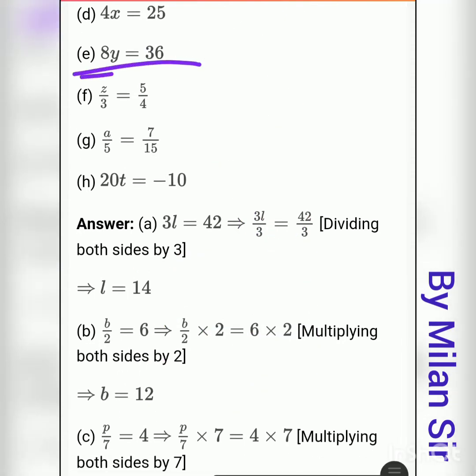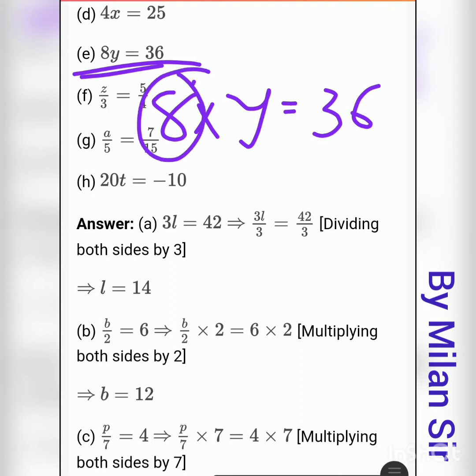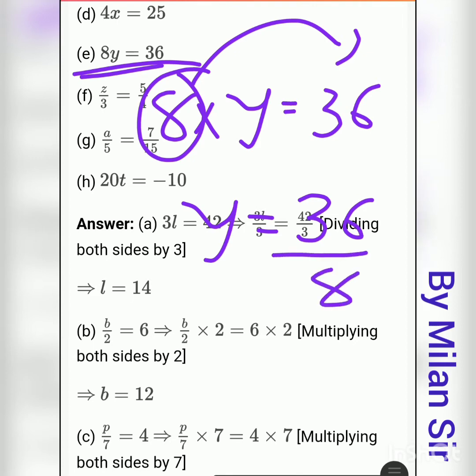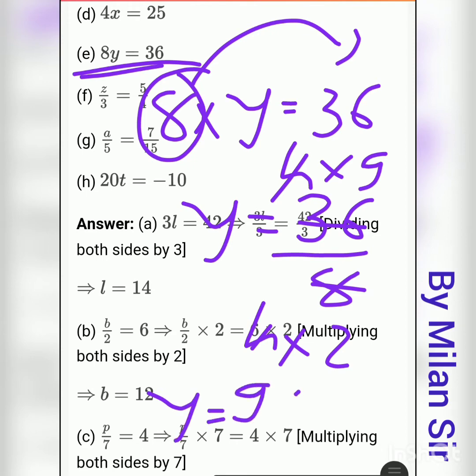After that, here we have 8y is equals to 36. Now 8y, that means 8 multiply y is equals to 36. Now transfer this 8 to the right hand side. Right now it is in multiplication. If we transfer it to the right hand side, it goes to the denominator. Okay, so 36 by 8. 4 2s are 8, and here 4 9s are 36. 4 4 cut, so y is equals to 9 by 2. Answer of y, it is 9 by 2.